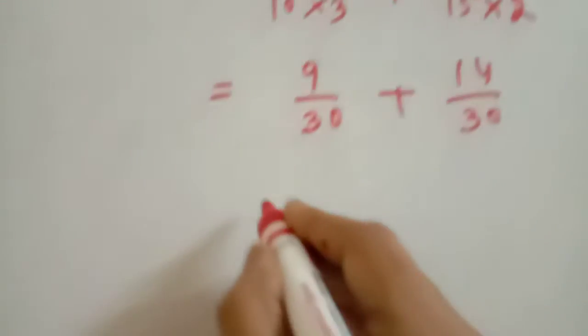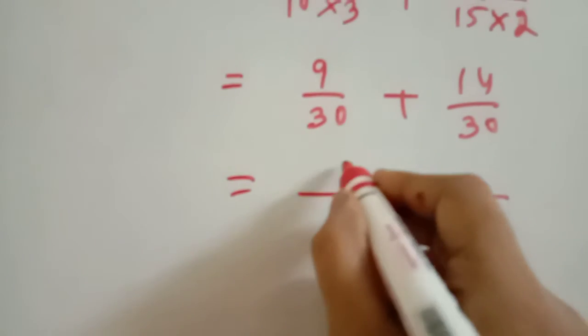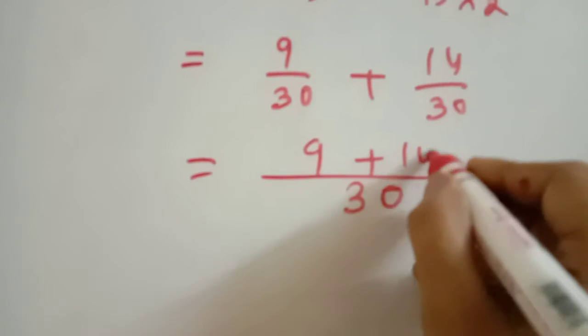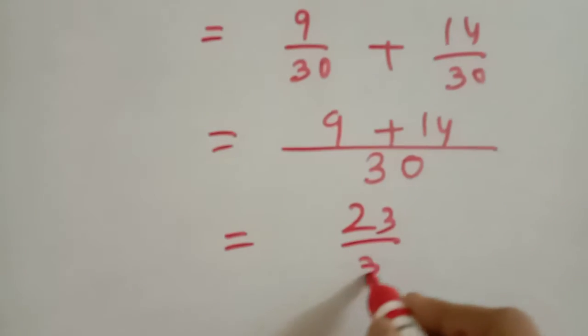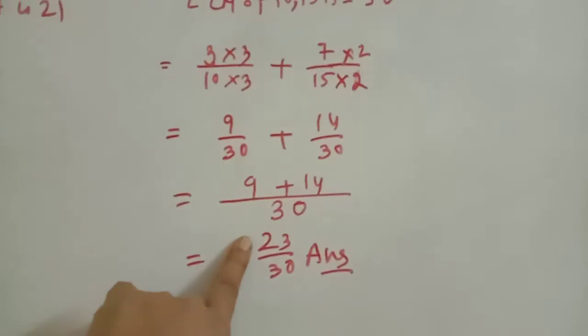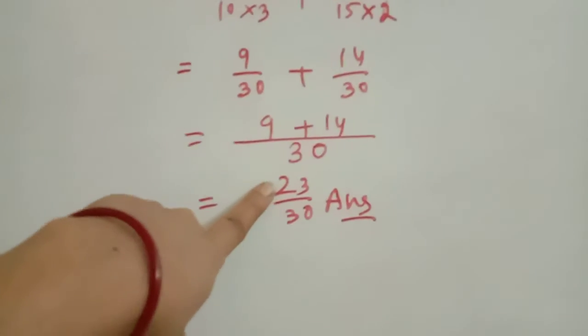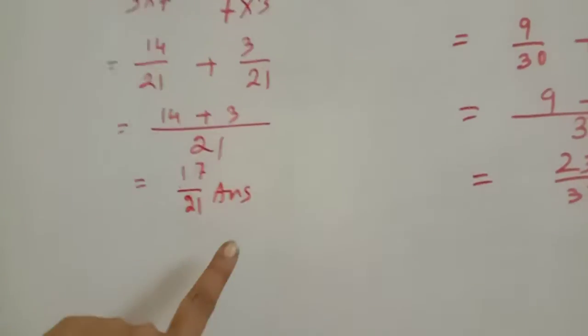Now the denominator becomes the same, so the sum becomes easy. 9 plus 14 equal to 23 by 30. These are proper fractions. This is smaller than this one, the numerator is smaller, the denominator is larger, so it is a proper fraction, no need to do anything. Leave the sum here only. Next sum is